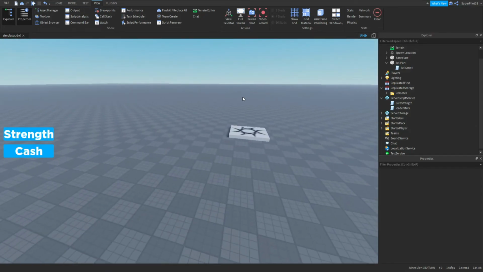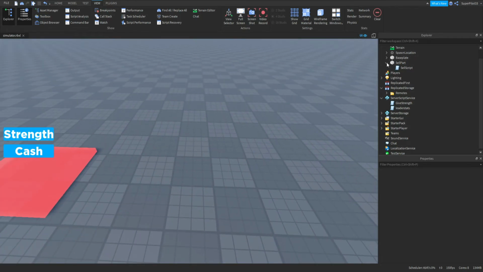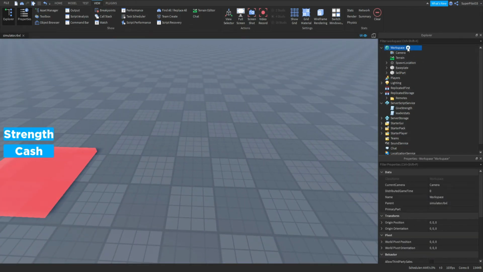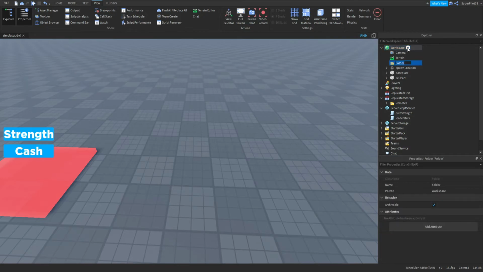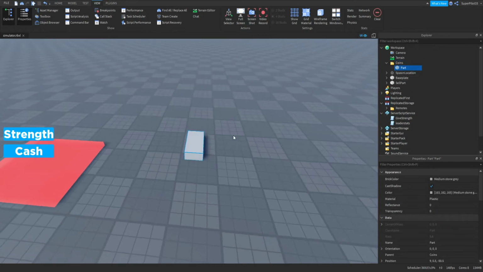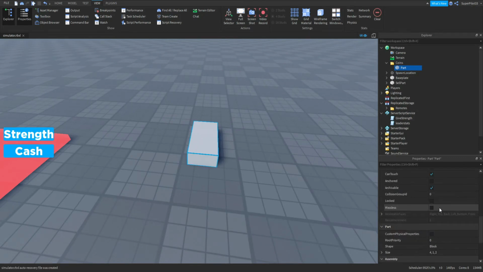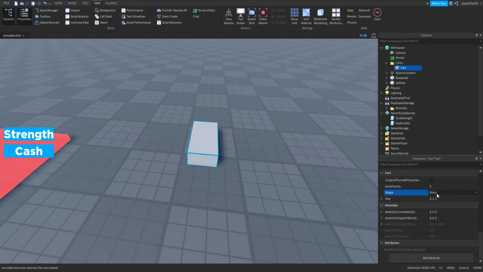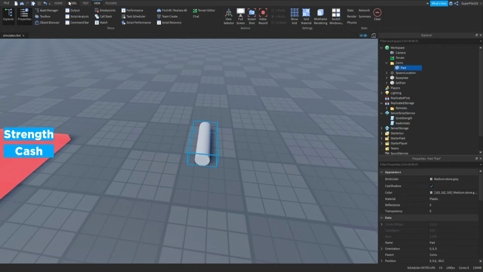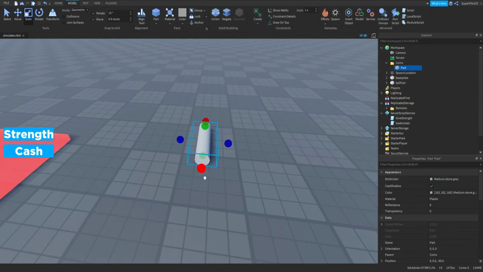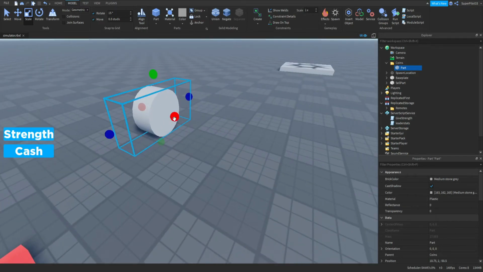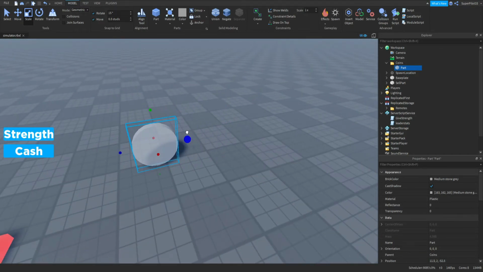So the next thing we're going to be doing is creating a coin. Right here inside your workspace, hit plus and insert a folder, and you can rename it to coins. Inside the coins folder, insert a part. Go to its properties, go down to shape, and change it to a cylinder. Now click on it, model, scale, and we're just going to make it look like a proper coin,